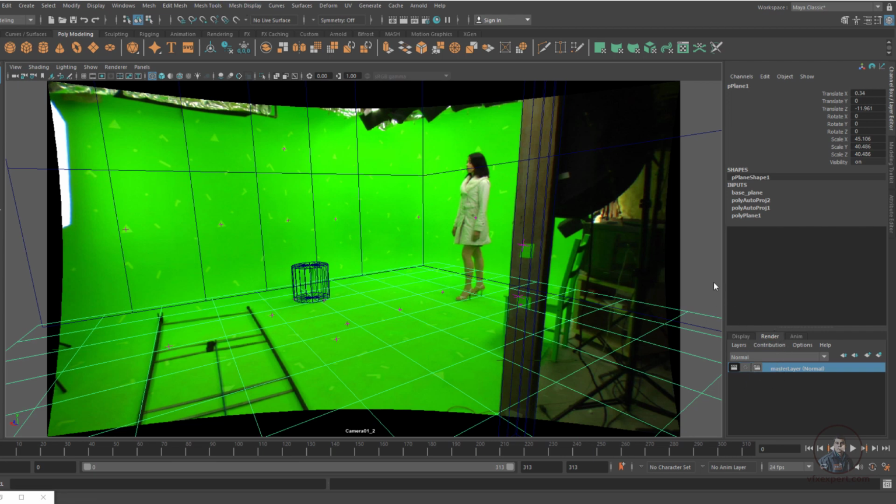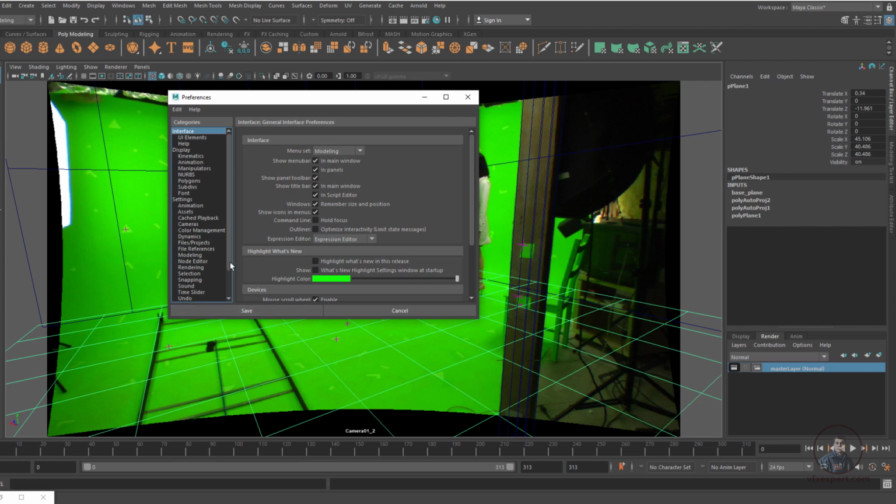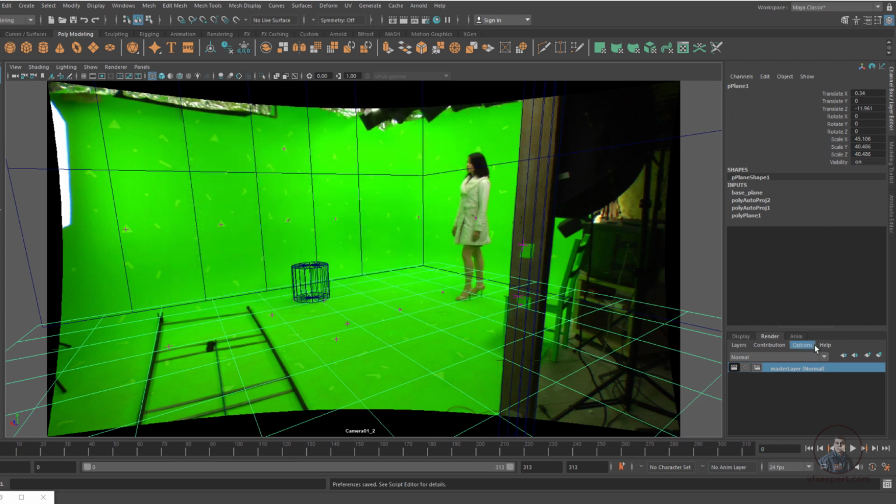So how can you add it? Simply click on Window, then click on Preferences, then downside you will see Rendering. By default in 2020 it shows Render Setup, so it will not show this render layer option, but I have switched to legacy render layers. Okay, so it will show here like this.